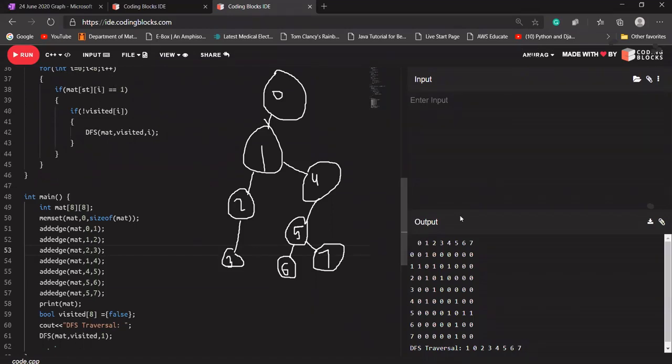If 0 0, it will say no. From 0 1, it is going to say yes, there exists a path. So it is going to check whether 1 is visited or not. If it is not visited, it says call this function again. Okay, I hope now it is clear for everyone. So now we are going to discuss the DFS traversal using